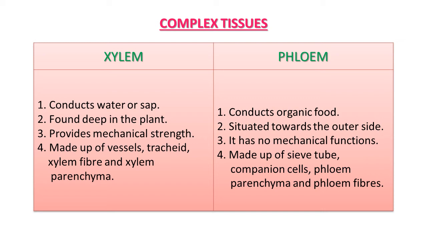The third component of xylem, that is xylem fiber, also has highly thickened walls and an obliterated central lumen. Xylem parenchyma is the living component of this tissue, that is xylem, and is made up of cellulose. Tissues like xylem and phloem are both conducting tissues and are responsible for conduction of water, minerals or prepared food in plants.